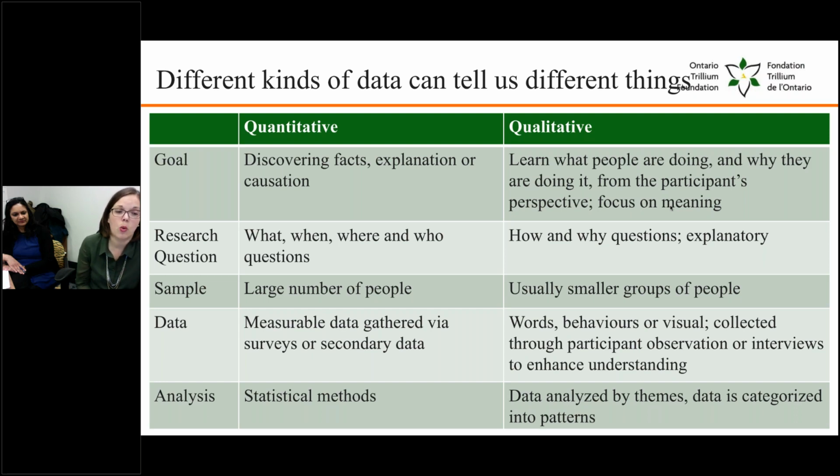The data, quantitative data, is measurable, and it can be gathered through things like surveys, whereas qualitative data is more around behaviors. It could be observed, it could be written text, and it's collected through things like interviews to enhance understanding. So how you would analyze those two things: for quantitative analysis, you do mostly statistical methods, whereas qualitative data, it's